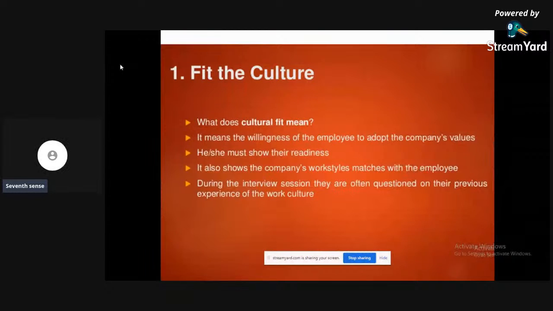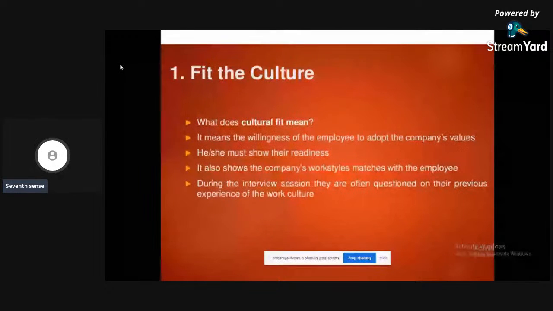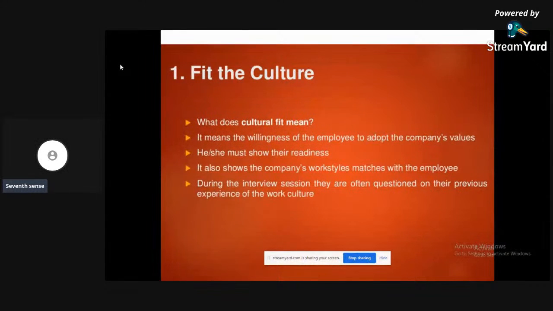Suppose in Java programming language, you should change yourself so that you can work on the NetBeans platform using Java, because Java is a universal language where the codes can't be changed. This is a kind of adaptability. This is called fit in culture.